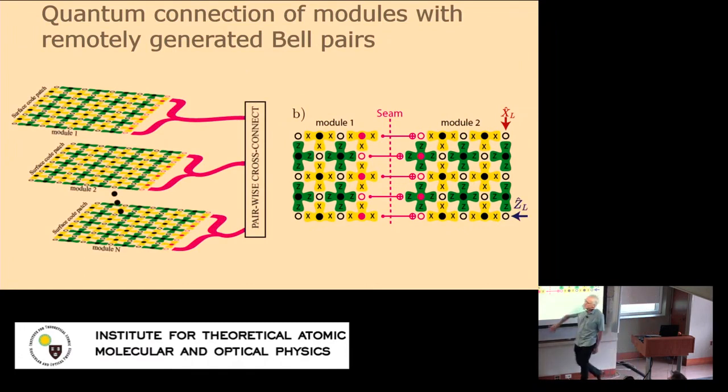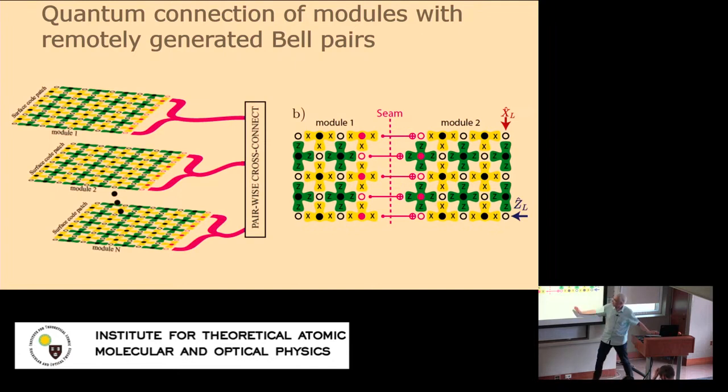This is the picture here. So we imagine, for instance, a surface code, consisting of modules where local quantum error correction is running. And then the idea is that if we can make remote Bell pairs by methods that have been investigated by the community, by particular optical methods of making non-local Bell pairs, then one could basically weave these into the system and make either non-locally stored logical qubits or implement quantum gates between distant qubits once these Bell pairs have been